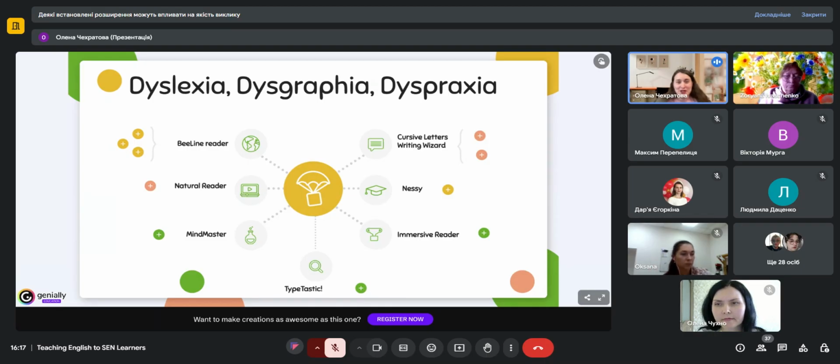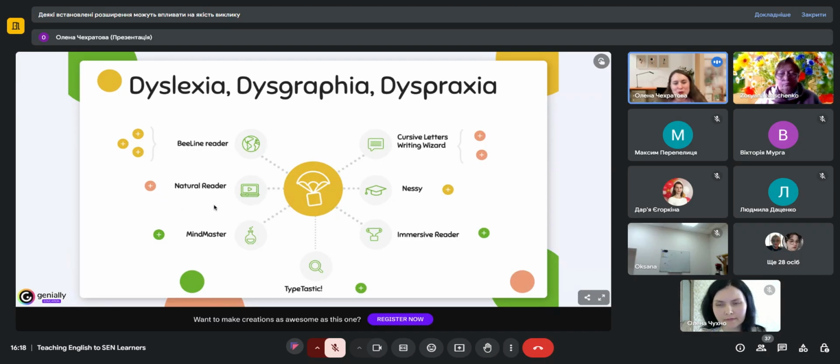In some cases I haven't even thought that it might be so easy to access the tool and use it in the educational process. So we are going to start with a little interactive activity,